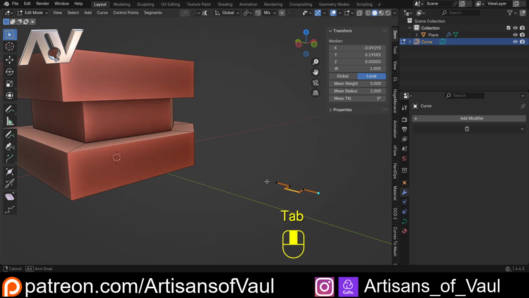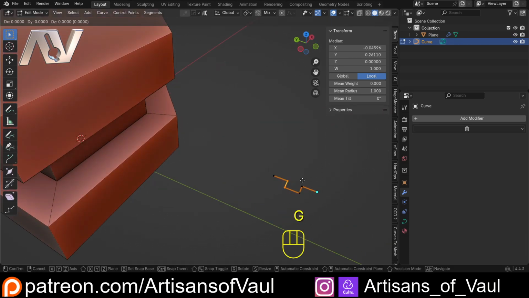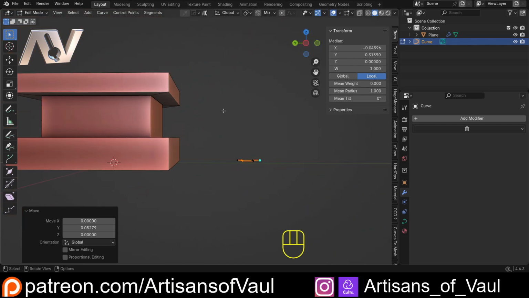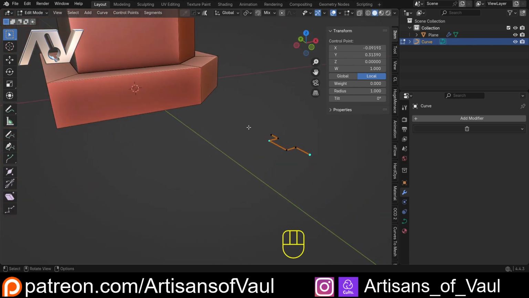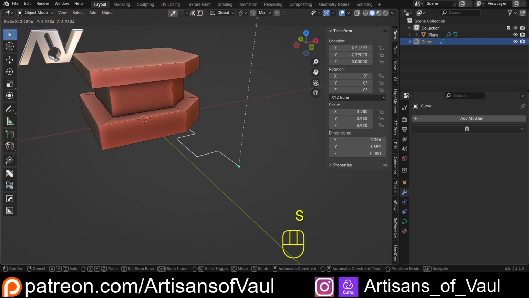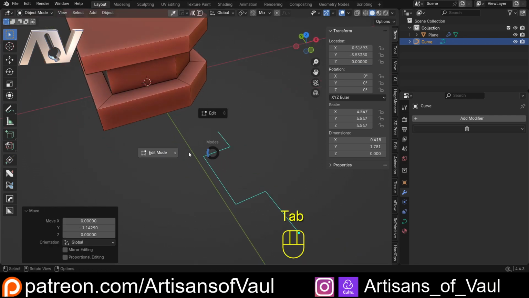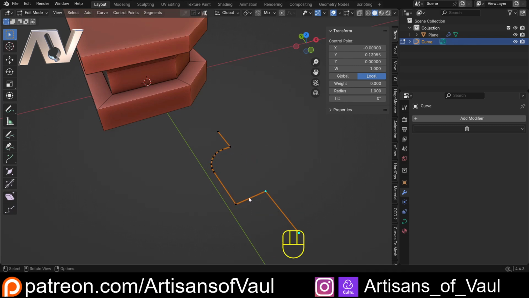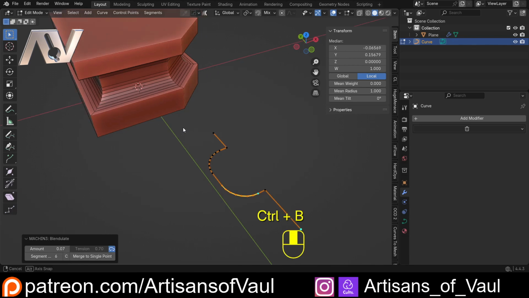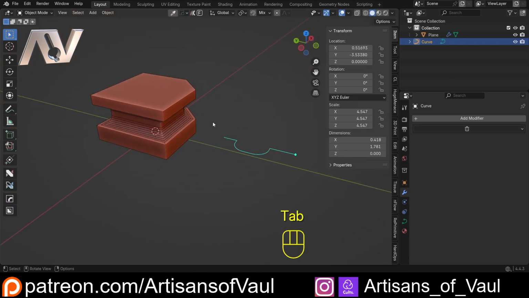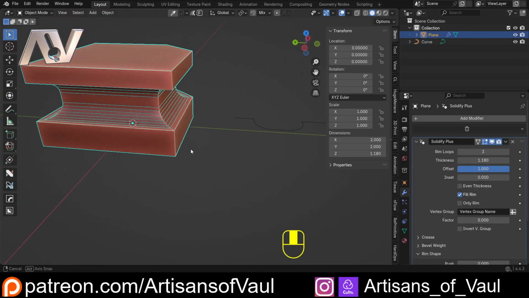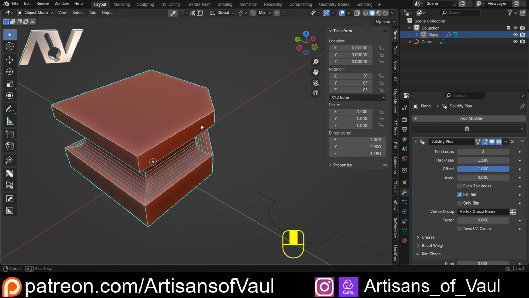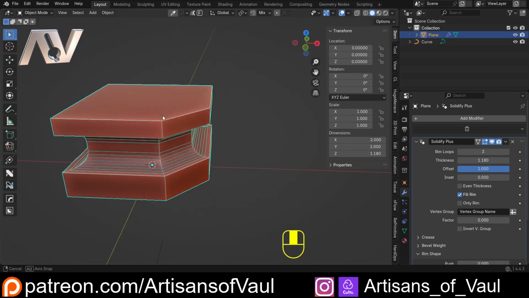or we could come over here and go into our curve, and let's say G and then Y that down and affect where that's going to be. So we get loads of options of how we're going to affect our object, or we could affect this Bezier curve. Let's just scale this up so it's a bit easier to see. So we could come in here and, I don't know, bevel this. I don't know, I'm going to use Curve Machine for that, so let's do that one and that one, and we get that. So effectively this will work off any curve object that we've got, Bezier curves or whatever. So I think this is really handy. I mean, I'm just using a normal plane, and it really shows the versatility of what you can do